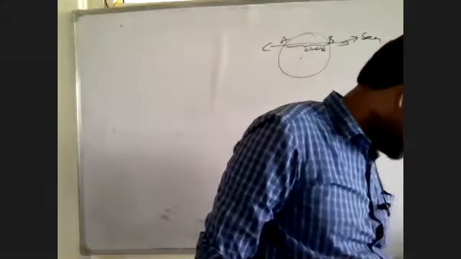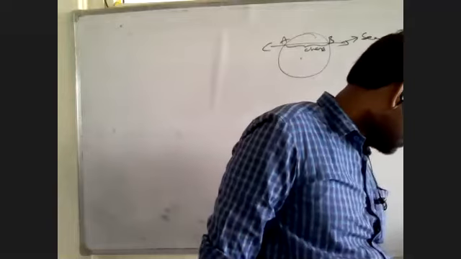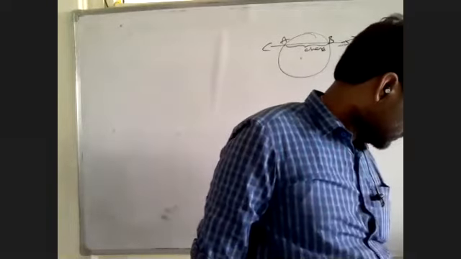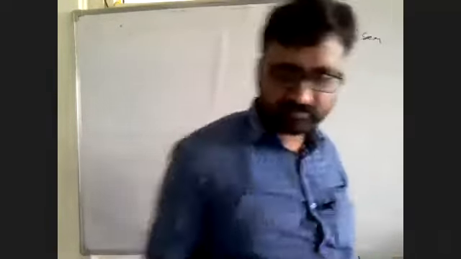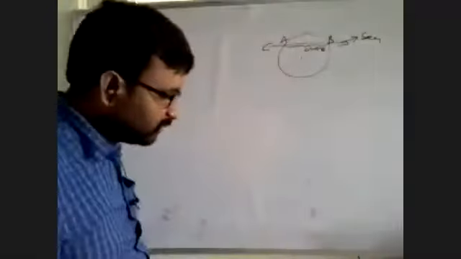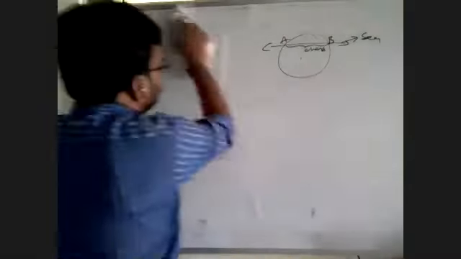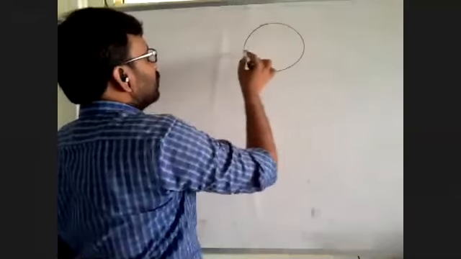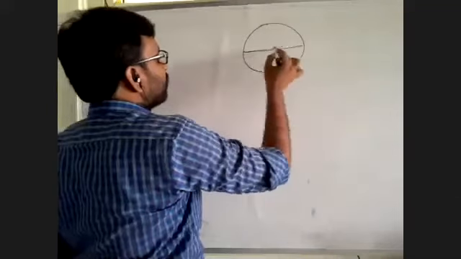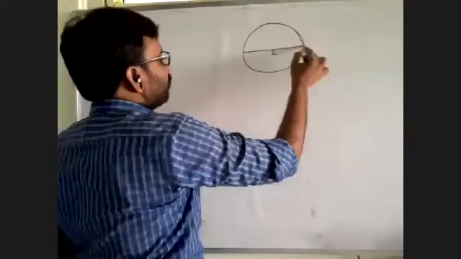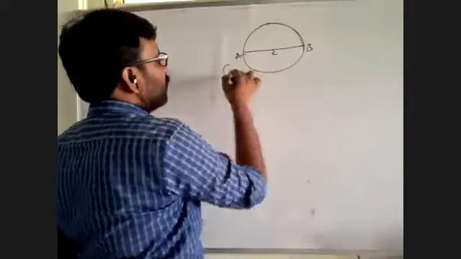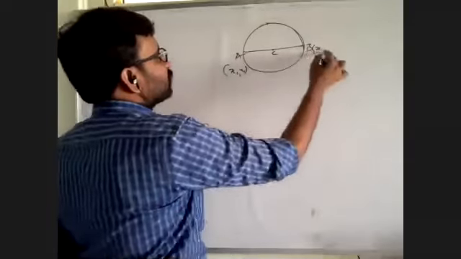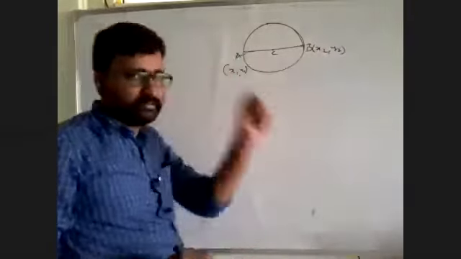I'm not giving more about the secant and chord. Already you know. Next, the equation of the circle with given endpoints of the diameter. This is the circle. This is the diameter passing through the center. If the given endpoints are A and B, x1, y1, x2, y2, then the equation of the circle.